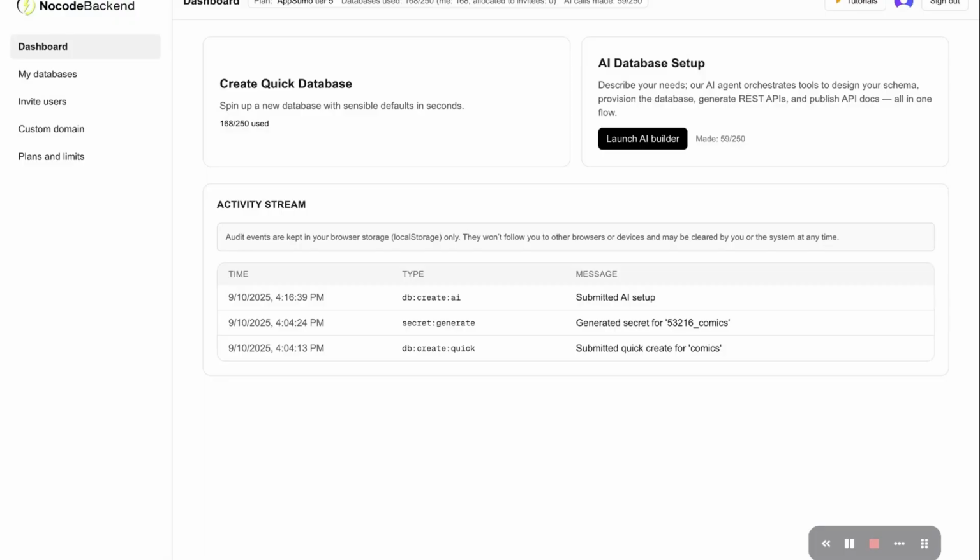So in today's video, I'm going to show you the new UI of NoCodeBackend. We have completely revamped the entire UX and UI of the platform. The system is now smoother, sleeker, and more professional, and it works really fast compared to the previous version that we had, and there are a lot of improvements and a lot of new features that we